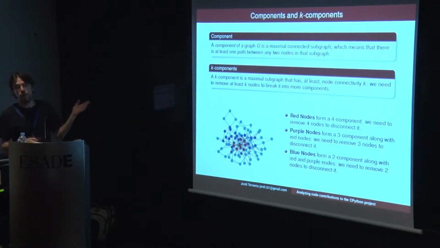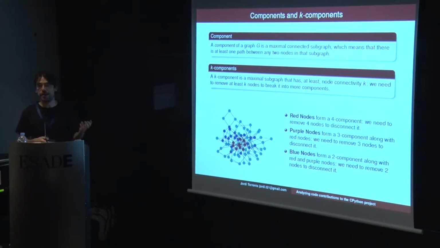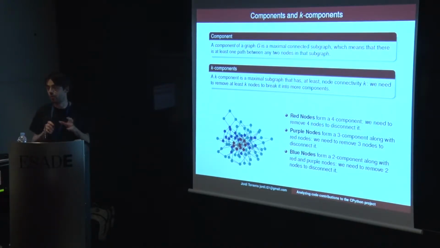So with this definition of node connectivity, a derivation of it is the concept of k-component. In graph theory, a component of a graph is a maximal connected subgraph, which means that there is at least one path between any actors in the subgraph. So k-components are maximal subgraphs that have at least node connectivity k, which means that we need to remove at least k actors or k nodes to break